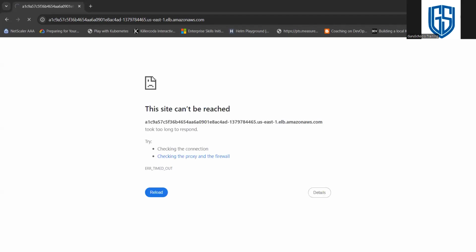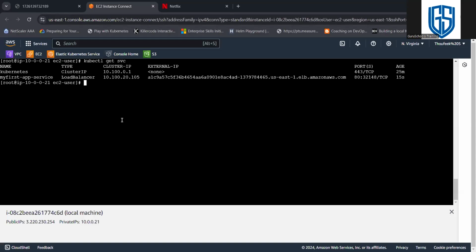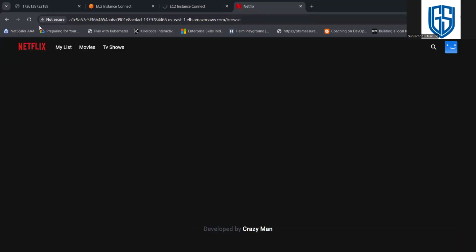Does anyone have any doubt? No doubt. Okay, so I will share my screen. Whenever you work with AWS managed EKS, after the lab, please stop or terminate the application, I mean the Kubernetes service. Okay, so here you can see